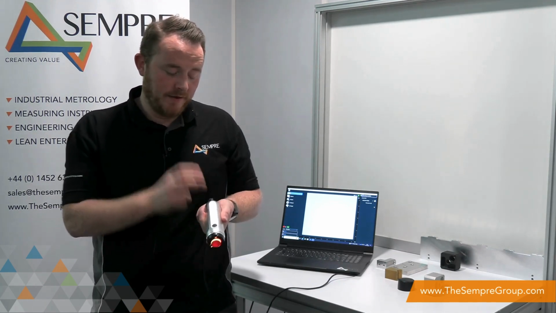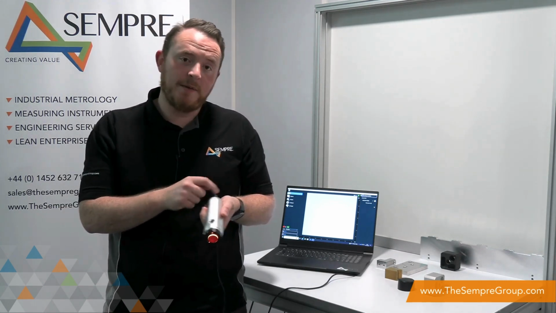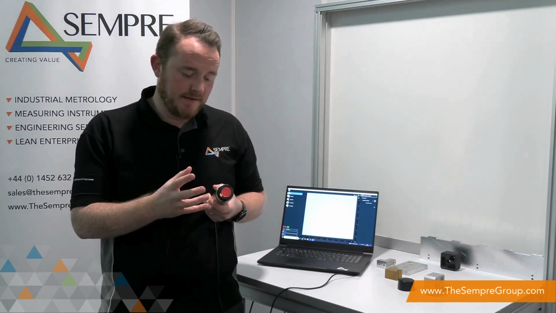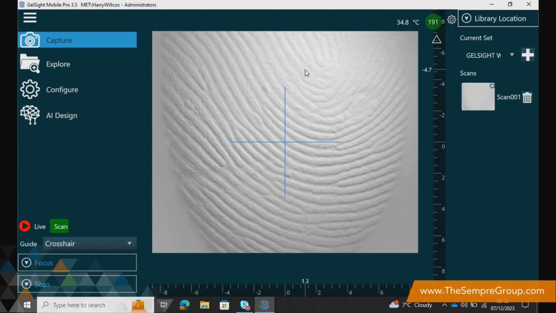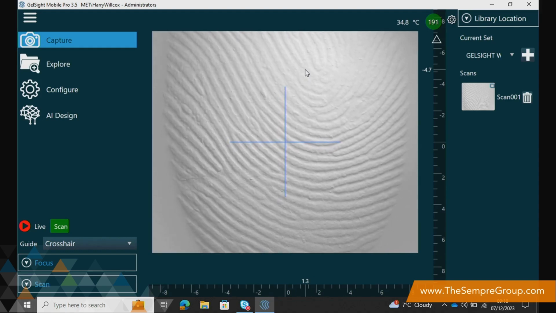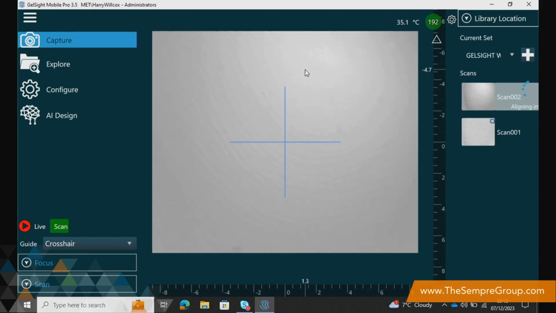machining. So the system itself is a 5 megapixel camera. We've got a lens and then a ring set of LEDs. So as an example, when I place my finger over the end of the sensor, we can see that we get an instant surface depiction. By clicking the black button on the sensor, we can see that each individual LED position lights, and we effectively